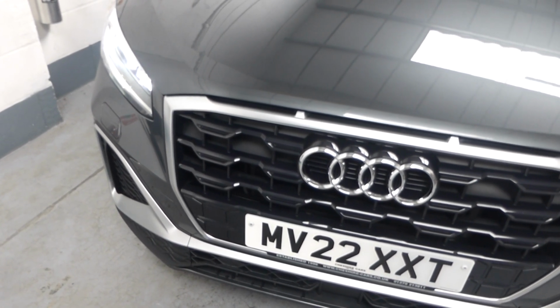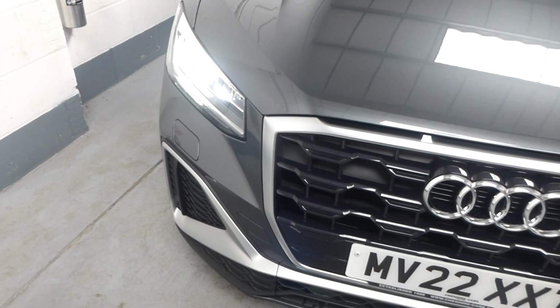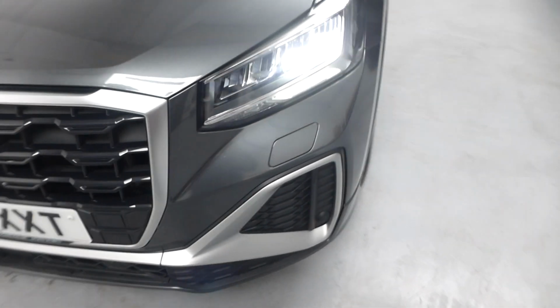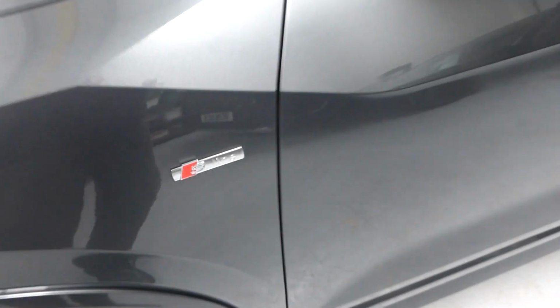So very useful indeed. Digital radio, and it has Apple CarPlay and Android Auto. Also front and rear parking sensors, and also 4 electric windows. Wheels are in great condition, not marked, so too the tyres. The S Line,